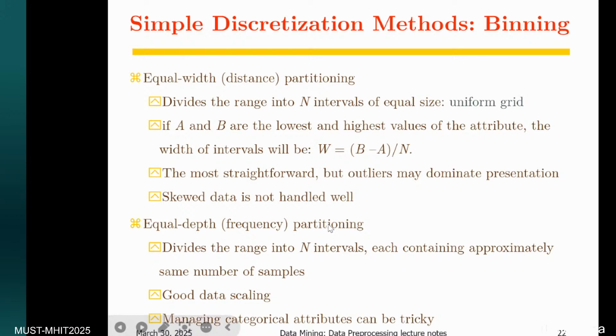The other is what we call equal depth. That is where it somehow confuses you a little bit, but I will make sure these things are not confusing to you.